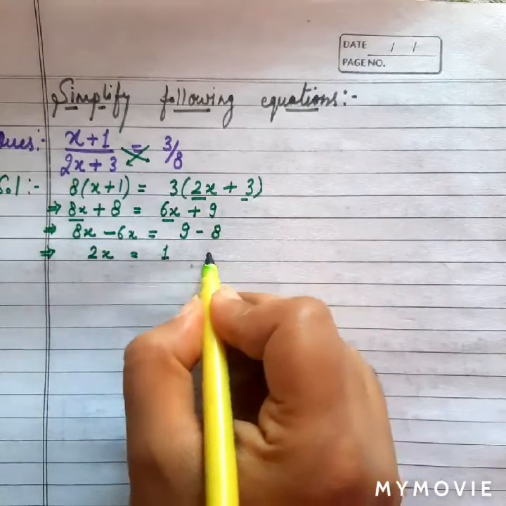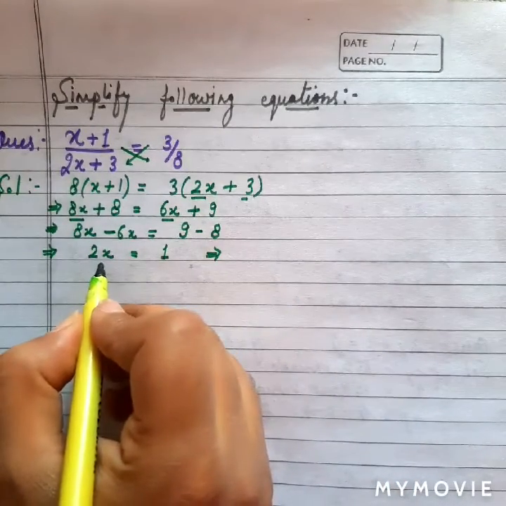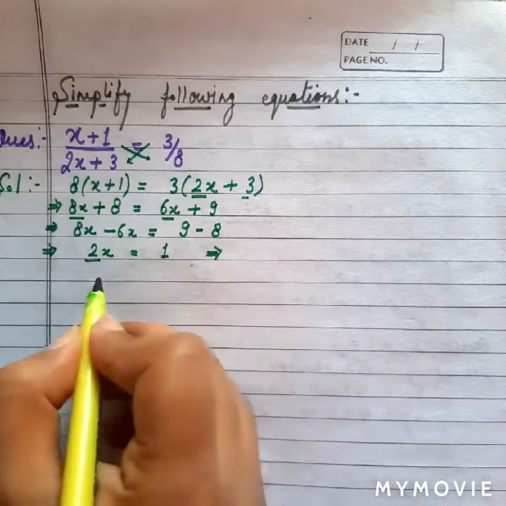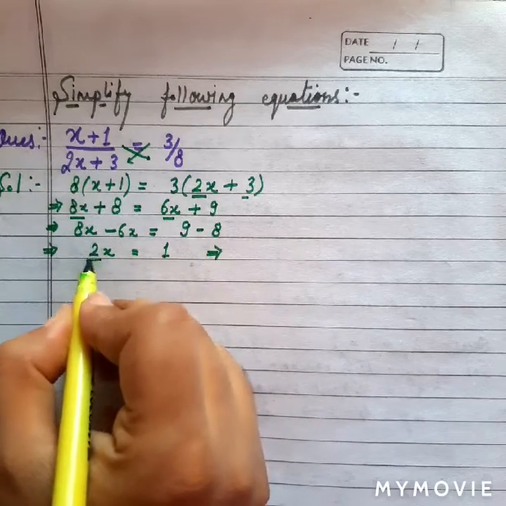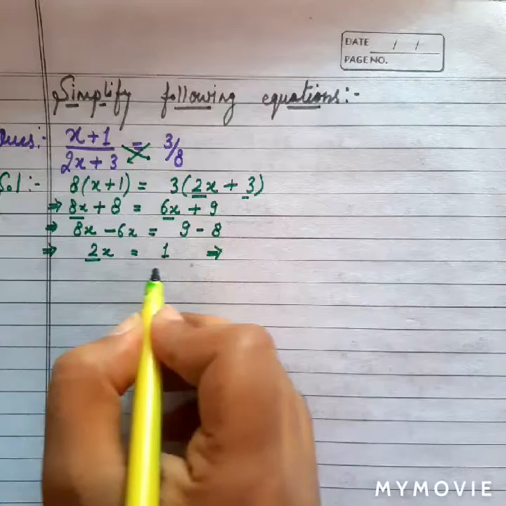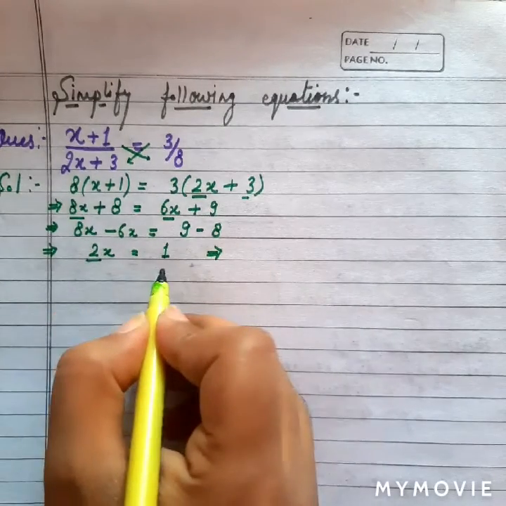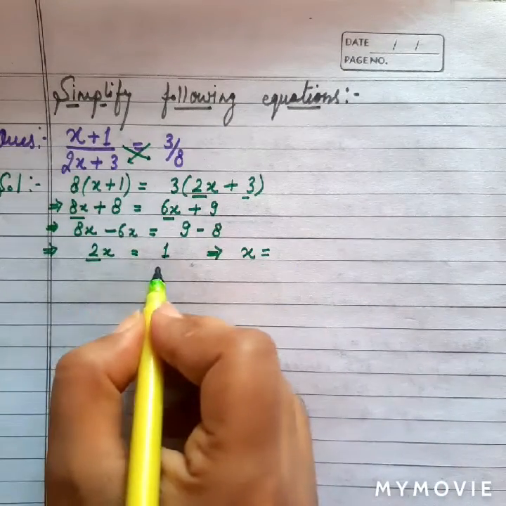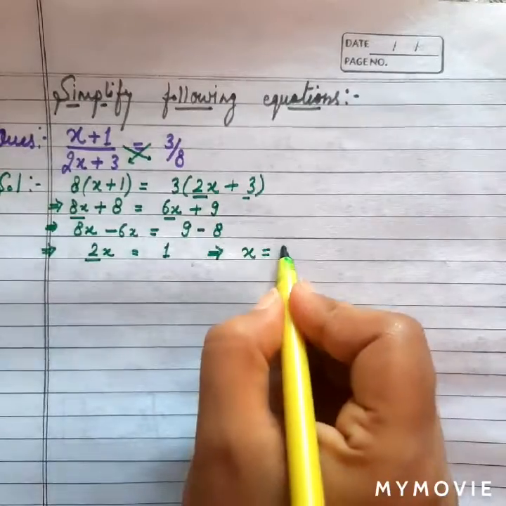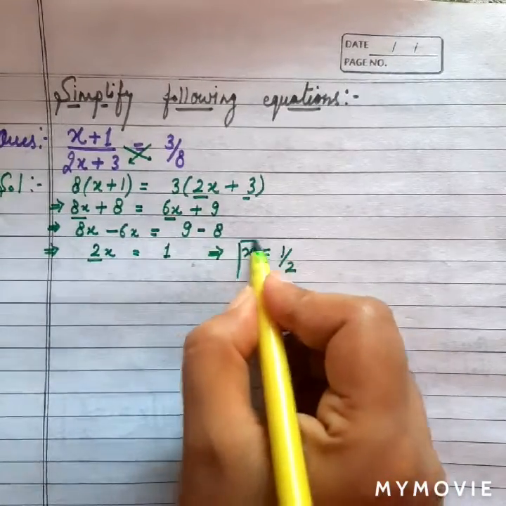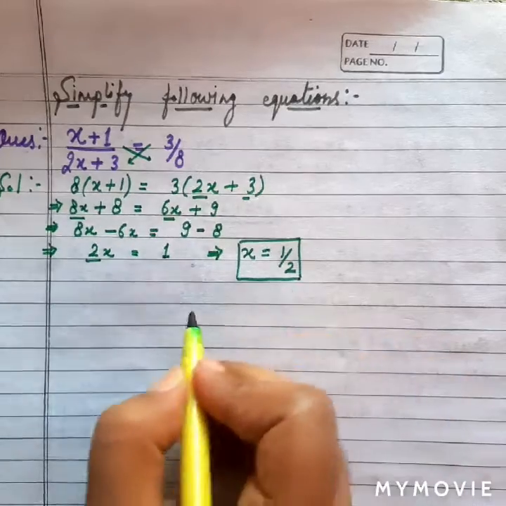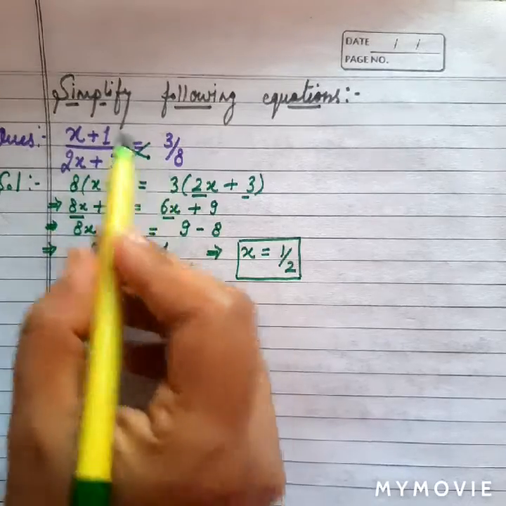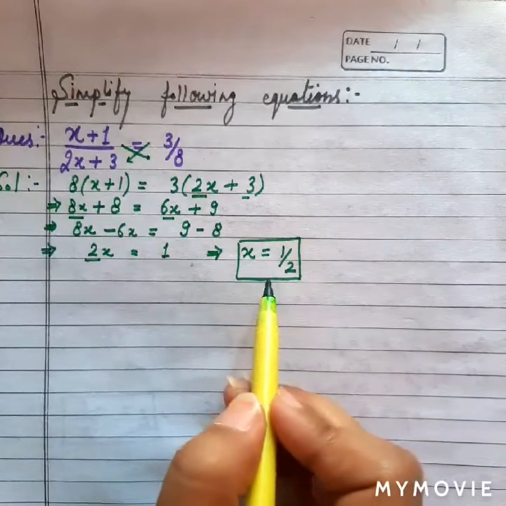Now next point is, I also explained there that whenever any term which is multiplied with the variable is taken on the other side of the equality, multiplication will be changed into division. So what will happen? x will be equal to, 2 is taken on the other side, it will become 1 divided by 2. So the value of x is 1 upon 2. This was the equation, and we just simplified the equation, then found the value of x.